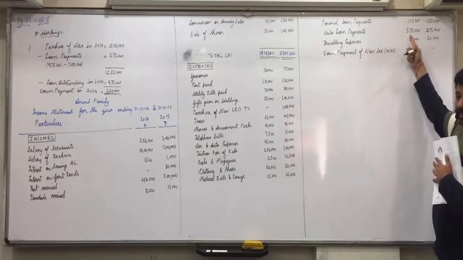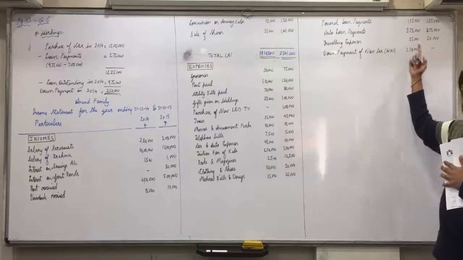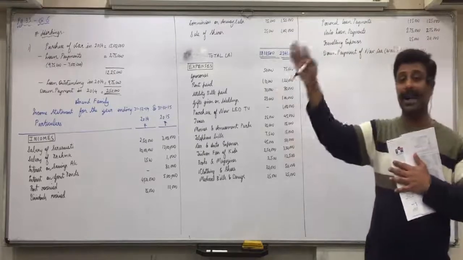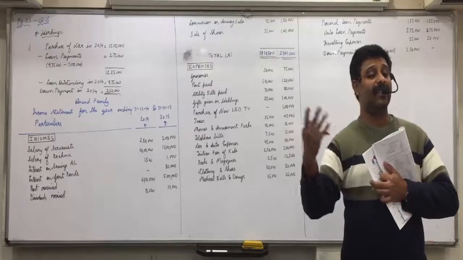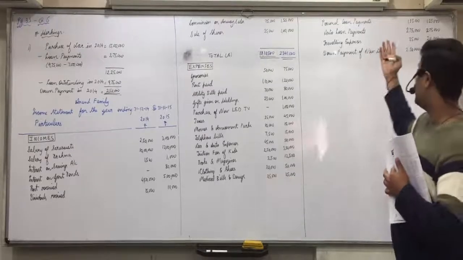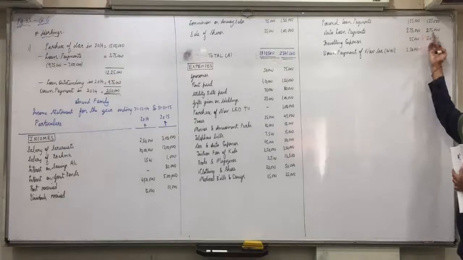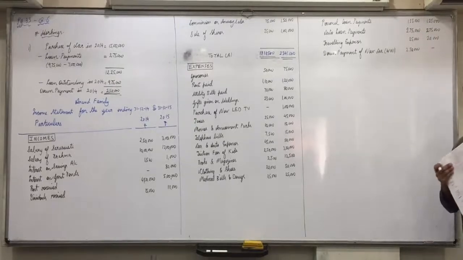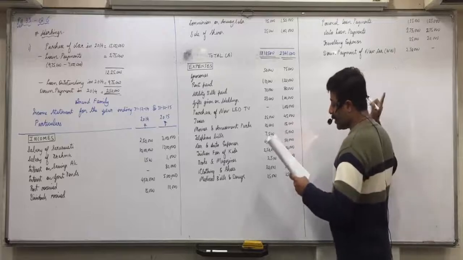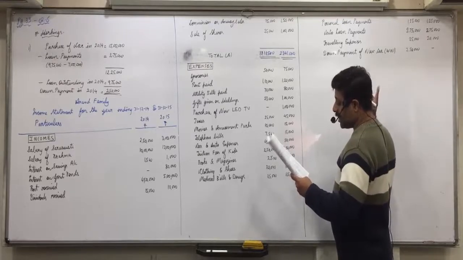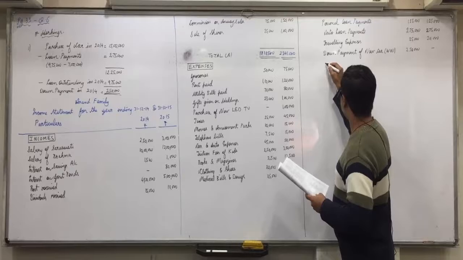Yes, if this auto loan payments 2,75,000 was not given, then we also obtained that last year outstanding 9.75, current year outstanding 7 lakhs means we are paying 2,75,000 every year. But it is already given in the question. Loan payments made every year are 2,75,000. Did everyone understand this? So that's already included. Purchase of gold ETF will come in investments.